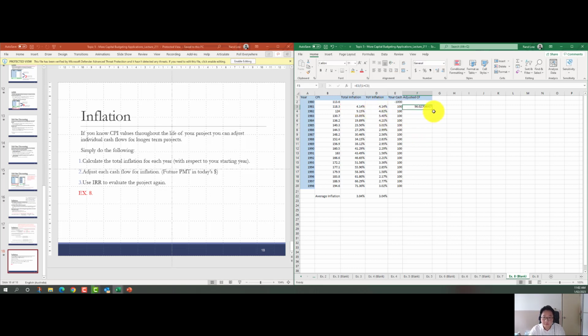Okay, so basically, just drag all that down. So what we're saying over here is that the $100 we receive is actually $96, and then it gets smaller and smaller and smaller. So these are all the present